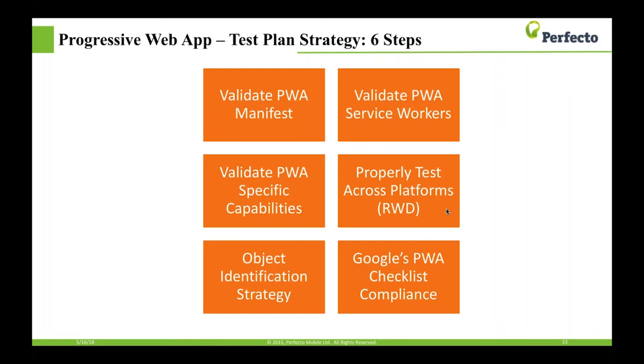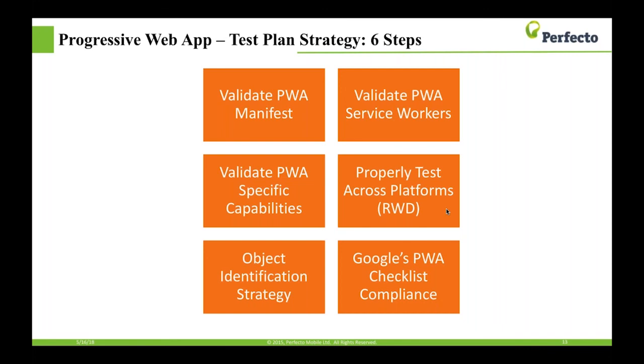I think that some of the slides are going to address some of the questions that we are getting in the background already. So, the way I see the test plan and the test strategy for progressive applications, there are 6 pillars in my mind for testing progressive web apps. One is to make sure that both the manifest and the service workers are well developed. The manifest and the service workers are heavily controlled and dominated by the developers. They need to decide which platforms, which service workers, which capabilities,